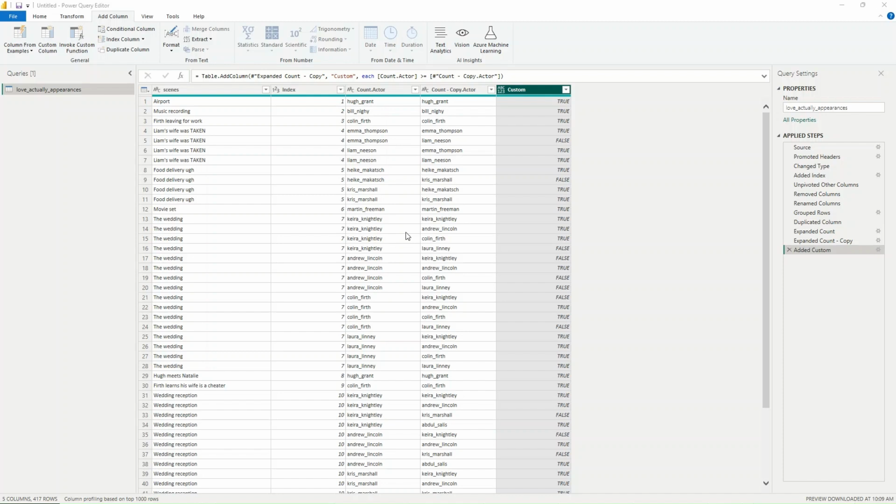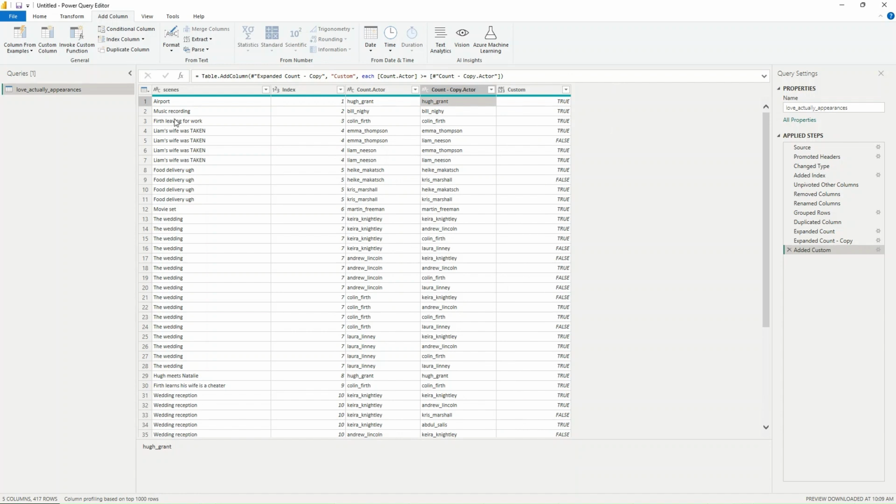Now we need to count the number of adjacencies, which means is there any other actor in the same scene as our first actor? So for this one, both of these are the same actor in the same scene, which means there is no adjacency.